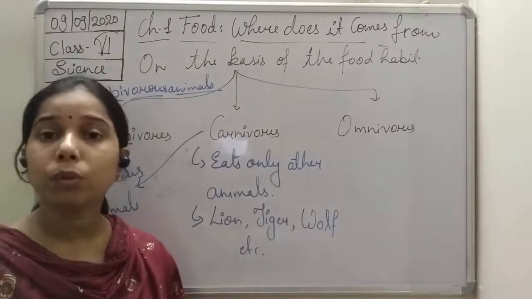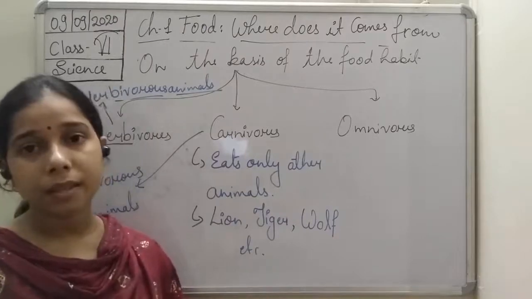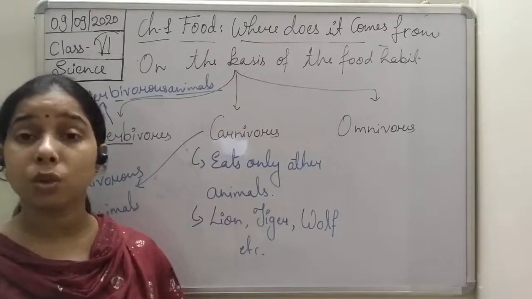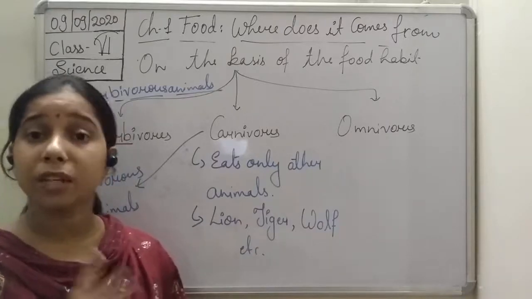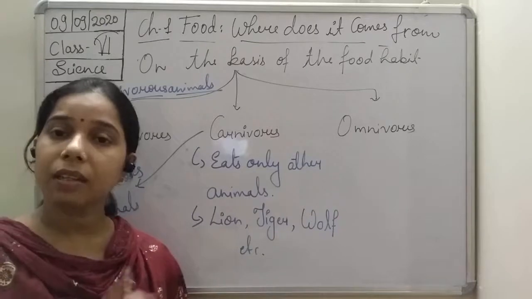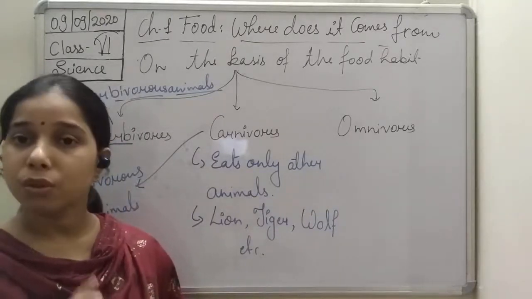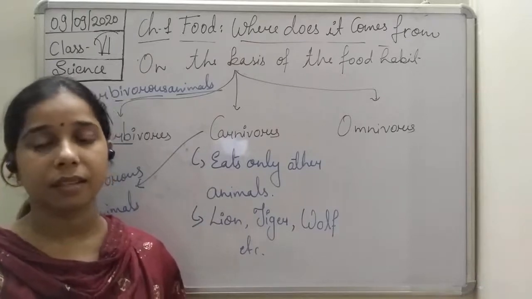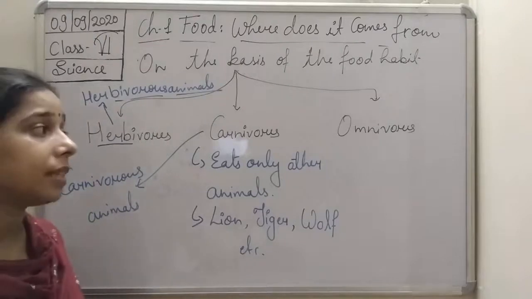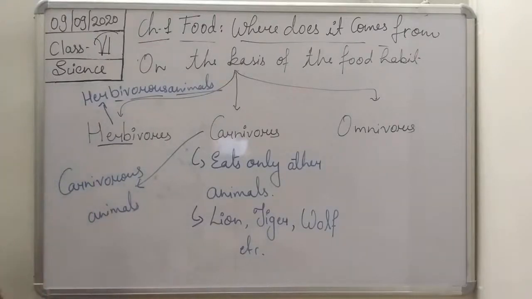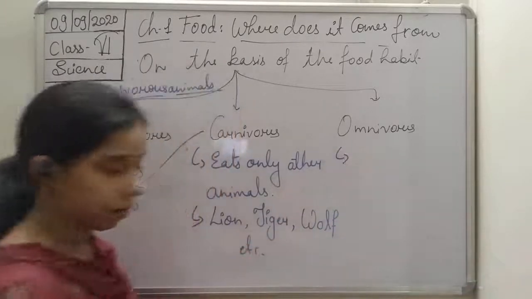Now if we talk about the omnivorous, so one type of animal eats only the plant. One type of animal eats only the other animals. There is another type of animal which eats both, the plants as well as the animals. So they take the plant product, they eat the other animals, and such kind of animals we consider omnivorous animals. So in case of omnivorous, let us write here,